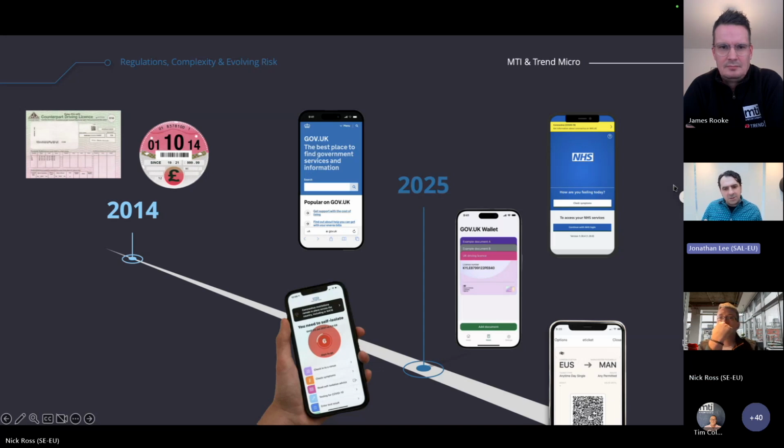Then we move forward to today, and we look at the NHS app, which is used by 34 million citizens across the UK. That's just amazing in terms of the interaction we've got with digital technology and public services. And only the other day, the government announced its gov.uk app, which will look to streamline and provide a personalised service around government services and includes things like a digital driving licence. So we really are moving to a digital way of life.